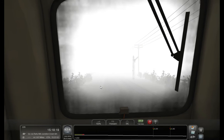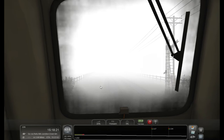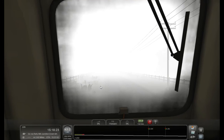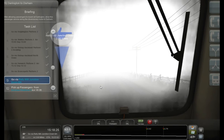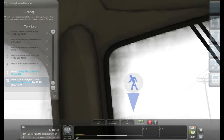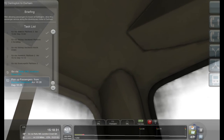Don't do that. Okay, down the hill now. Is this fog going to clear? That's a big question up there. Oh, it's a strange accent. I mean, nice for an indication of how late we're going to be. Let's try and...